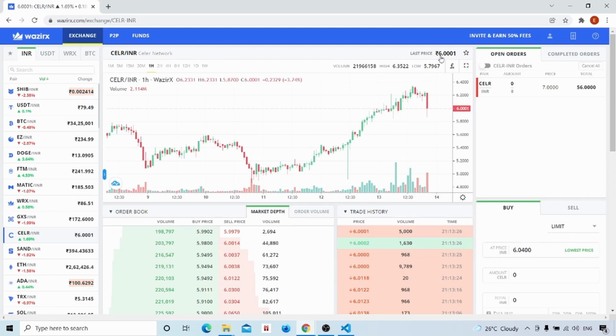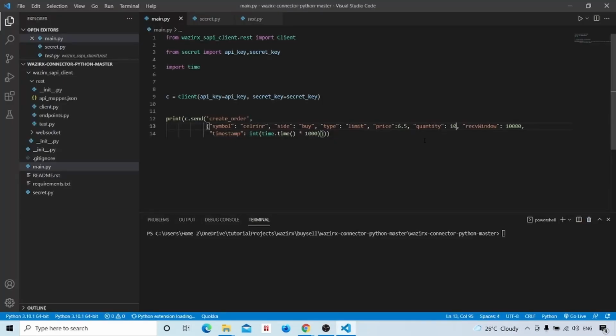I have kept the amount high for the trade to succeed and our test to be successful. And I have made the quantity 10 because a minimum of 50 rupees trade needs to be done when we are using this. Okay, then we will execute one trade.